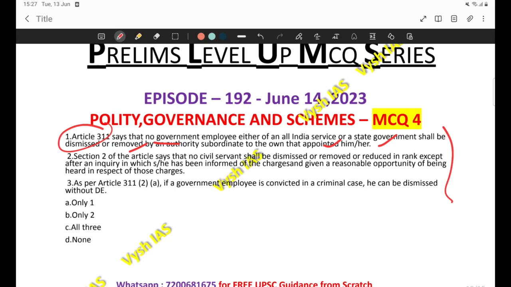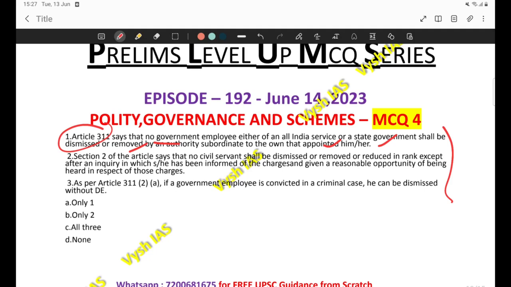So you have to go through the text of the constitution at least once after reading the basic concepts from Lakshmikant, so you will get a grip on it. First you have to understand the concepts from Lakshmikant and your own notes. Once you are done with two or three revisions, please go through the text of the constitution once, because if you get a question all of a sudden in the exam, that might actually scare you. To remove that, you have to take that buffer shock. Just go through the text of the constitution.